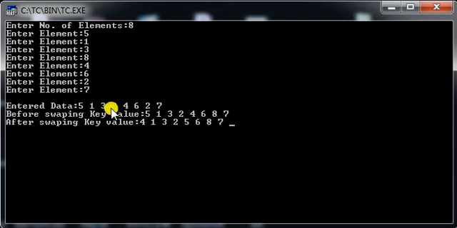As you can see, I found 8 over here. Similarly, I need to find a value smaller than 5 from the right-hand side. As you can see, it is 2. So it means that 2 and 8 should be swapped with each other.